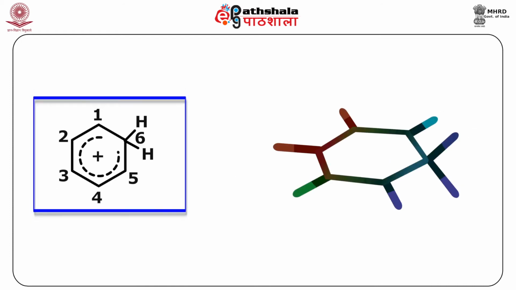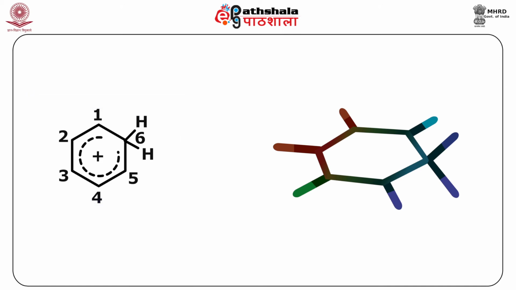Even the simplest of such ions, that is the benzenonium ion, has been prepared in HF, SbF5, SO2ClF, SO2F2 at minus 134 degrees Celsius, where it could be studied spectrally. Now you can see, by actually restricting the movement in this compound of the Arenium ion, the scientists have been able to isolate the Arenium ions, and they have studied the Arenium ions spectrally, and this provides a great evidence in favor of the Arenium ion mechanism.